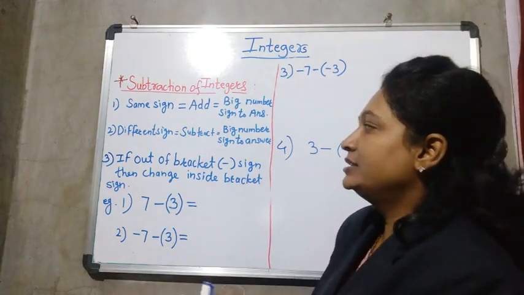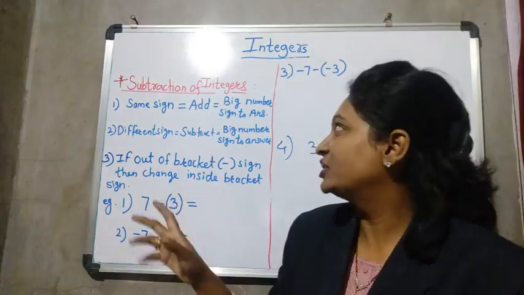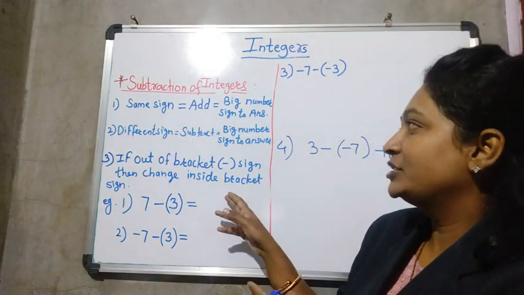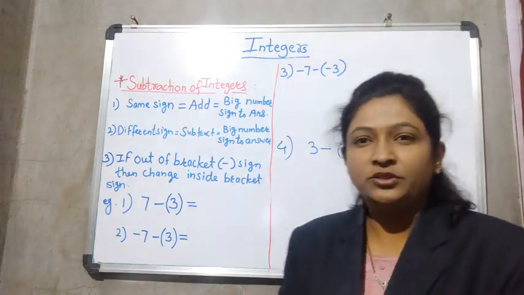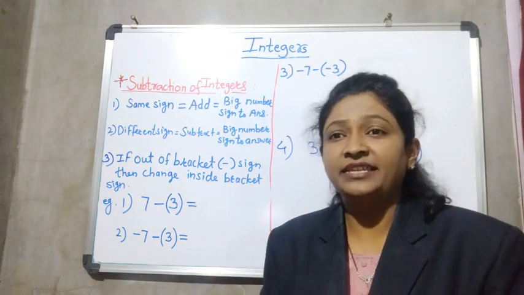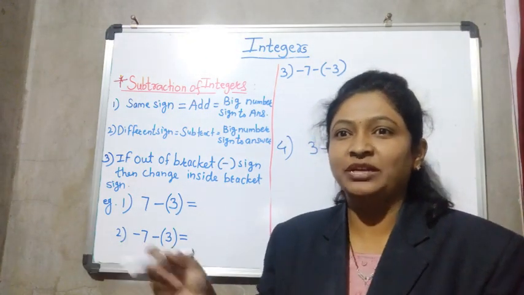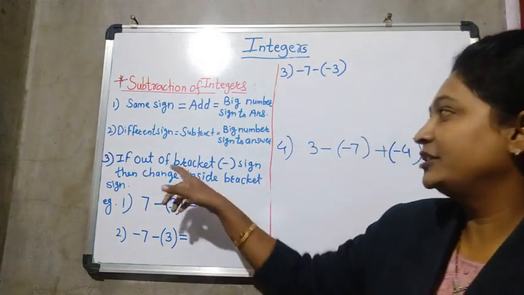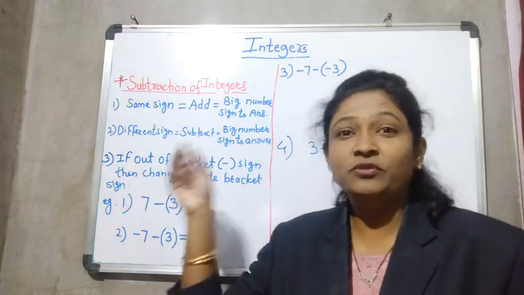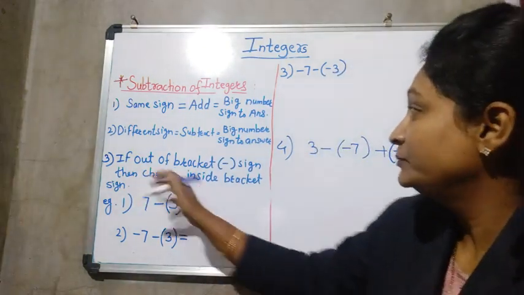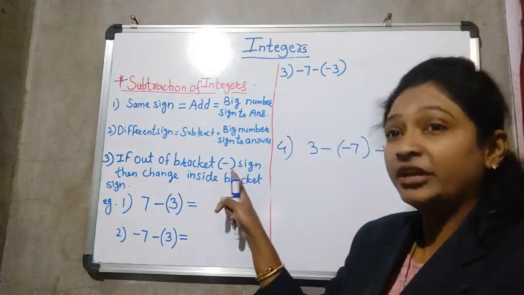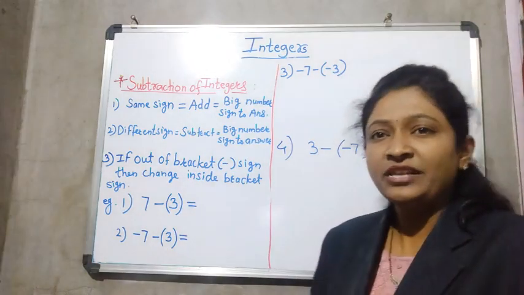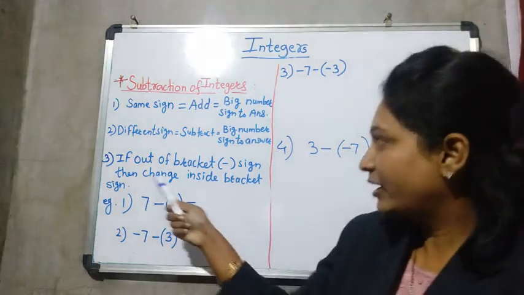Now the third rule is a little bit different from addition. In addition this third rule is not there. See, what is this third rule? I made this third rule because many students remember the signs like minus, plus, like multiplication. So for better understanding, I always tell my students to remember this third rule while subtracting. If the outer bracket has a negative sign, then change the sign inside the bracket. By solving examples you will understand why I gave this third rule.